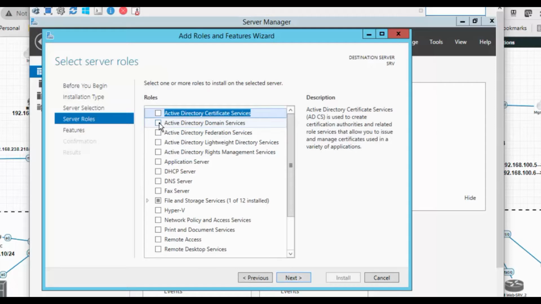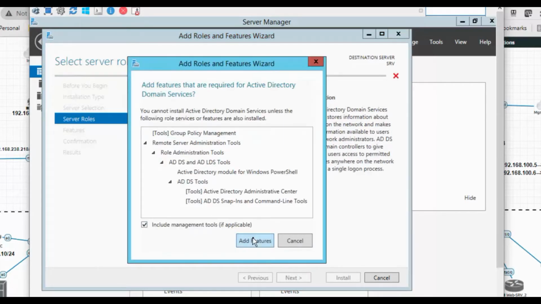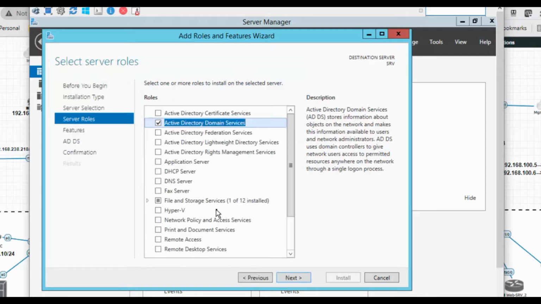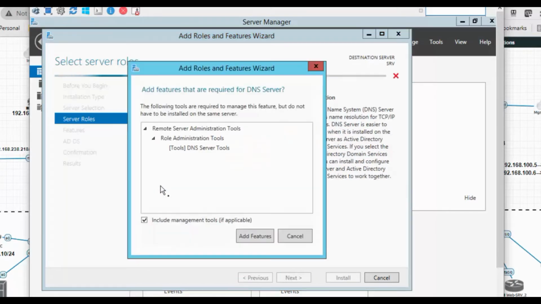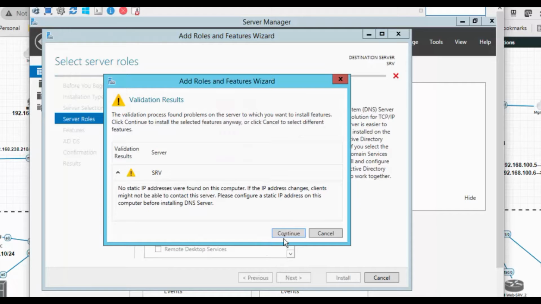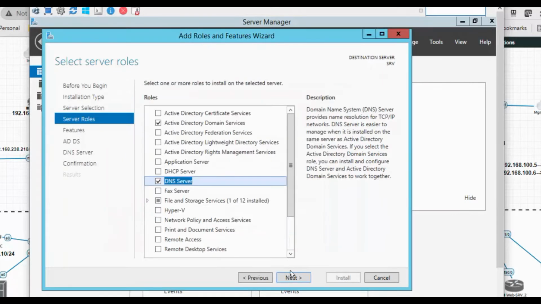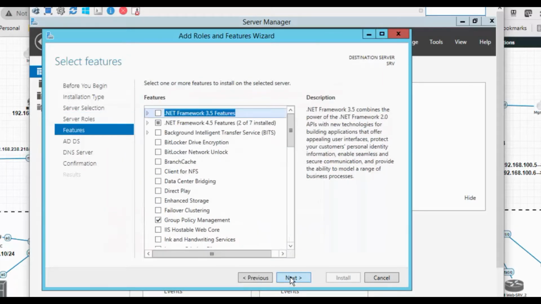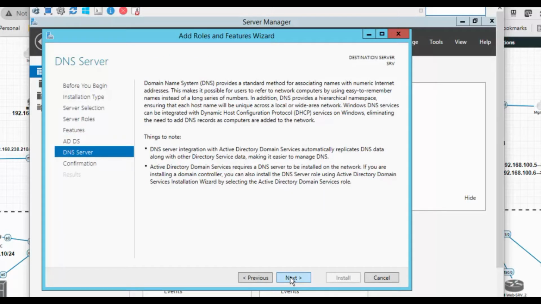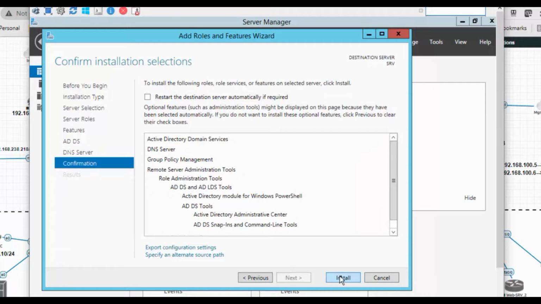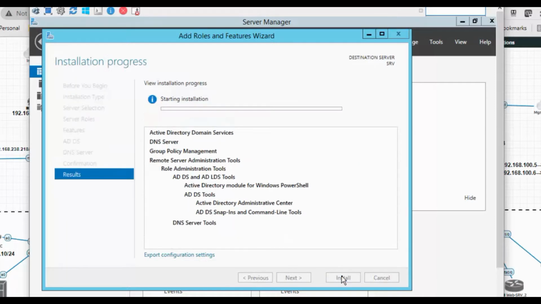I want to add the roles of Active Directory Domain Services and their features, and DNS server and their features. Click next, and click on install the features.